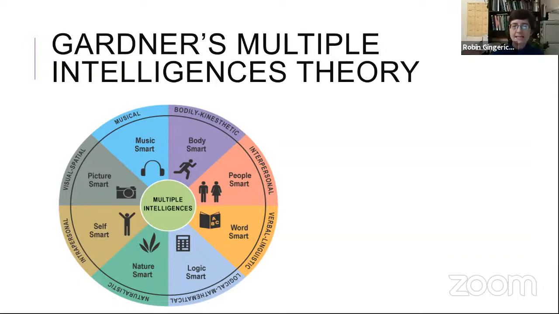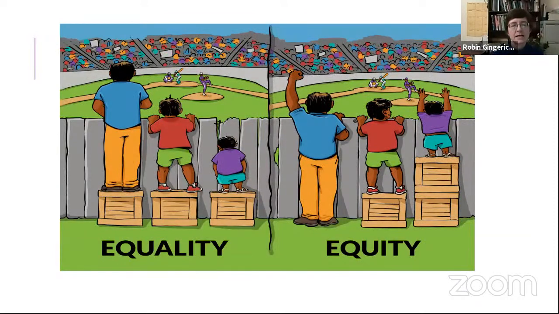Good. Now, the next slide is an interesting one, I think, and let me talk through this. The difference between equality and equity. Equality means everyone gets the same thing. So look in the slide on the left side, you'll see three boys. The boy in the blue shirt, and the boy in the red shirt, and the boy in the purple shirt. Now, the boy in the blue shirt is quite tall. The boy in the red shirt is medium height, and the little boy with the purple shirt is quite short and quite small. But if we treat them all the same, we give them all the same box, what happens when they want to watch the baseball game?